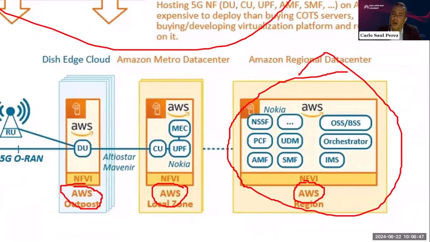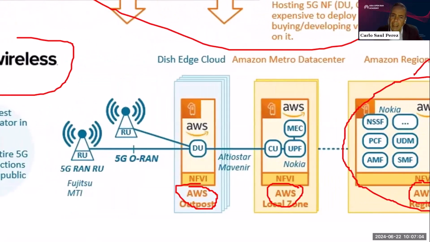So they deploy these core functionalities in AWS, for sure with the help of Nokia, to deploy all of these 5G functions in this cloud from AWS, in a regional data center, in a metro data center owned by AWS, using AWS Local Zone. Here they deployed the CU, user plane functionalities, and the MEC from Nokia, but anyway, working in a public cloud by AWS.